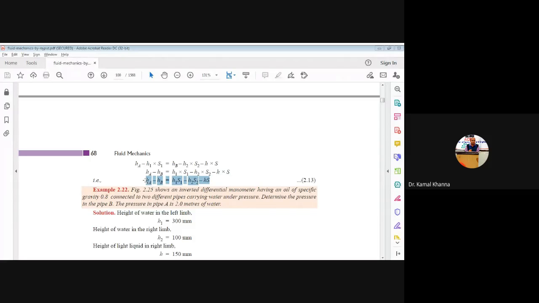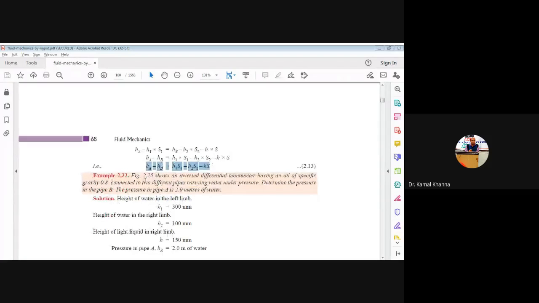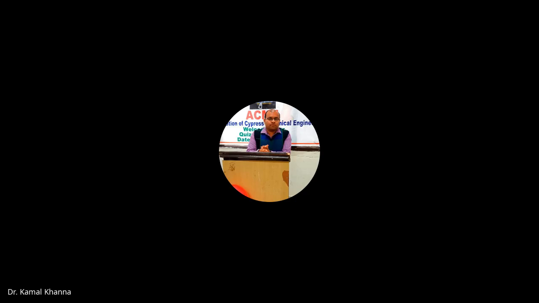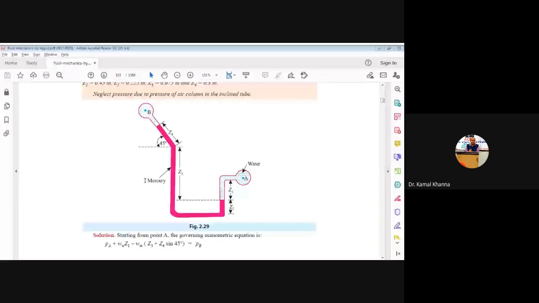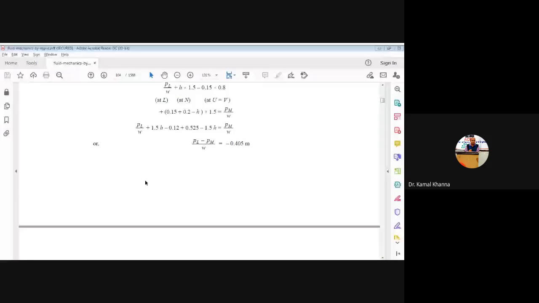Coming again to the next type of manometers, we have the differential manometers, we have the inverted micromanometers, and then we are having the